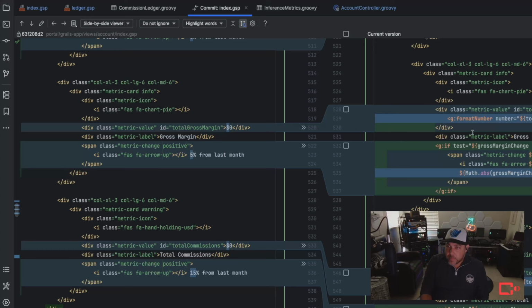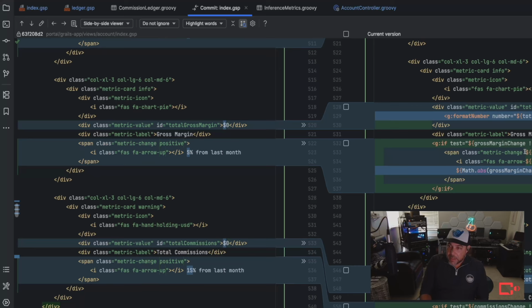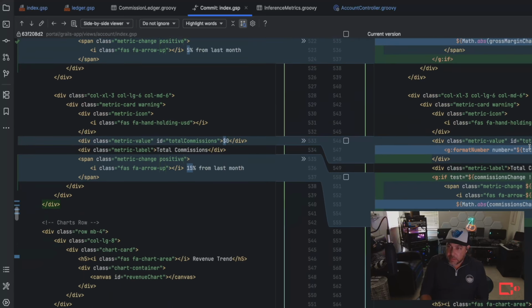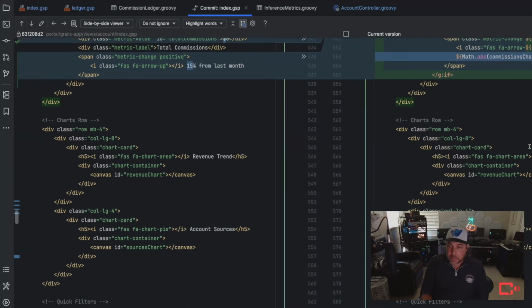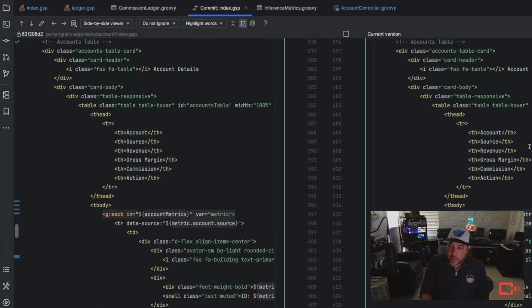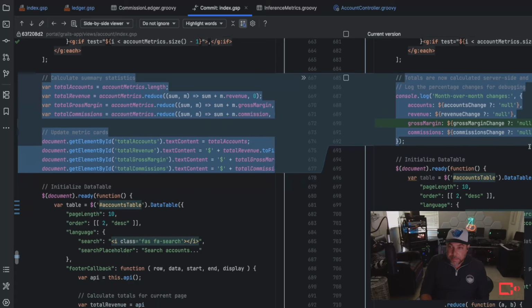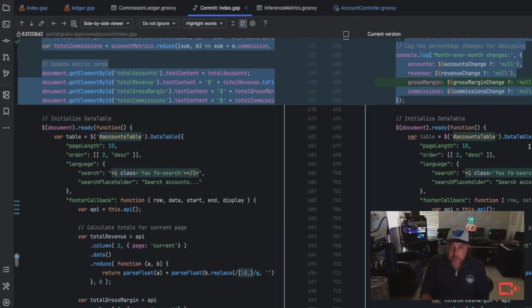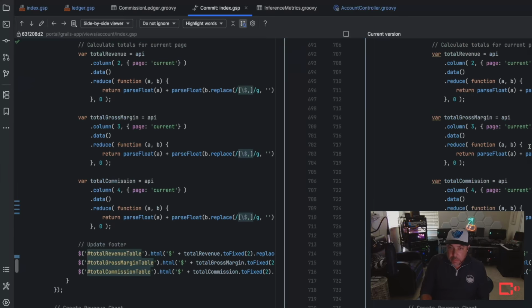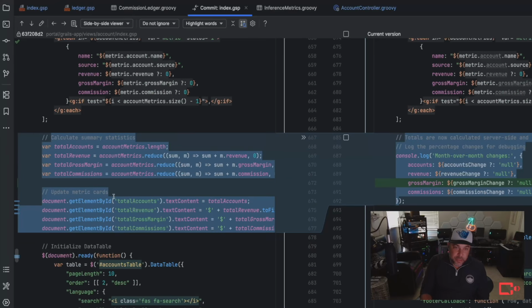Let's see. Go to the top here. Okay, so it took the hard-coded values for the percent difference from last month and used the real code. That's good. And I love the fact that it's swapping out the classes based on a positive or negative change. It's really nice. It's going to look really cool.